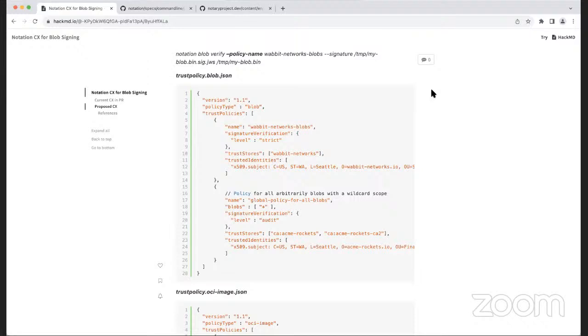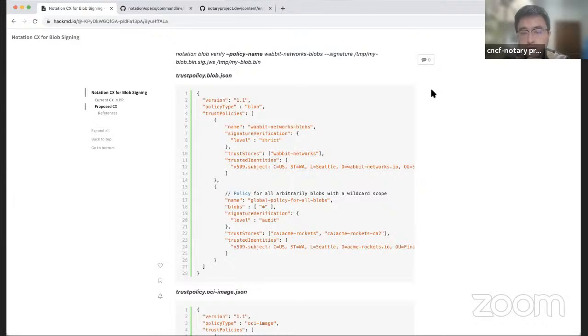You have your hand raised. Yeah, one comment about our experimental feature OCI layout. I think for OCI layout, this feature we use the policy flag, right? I didn't remember clearly.